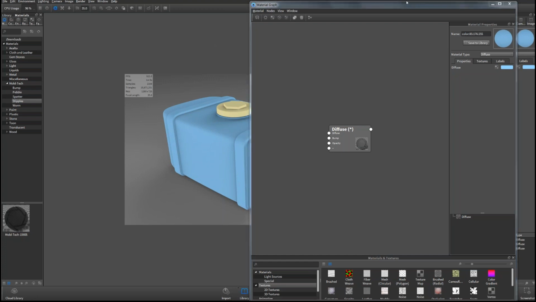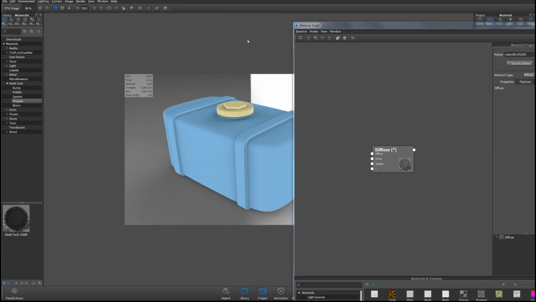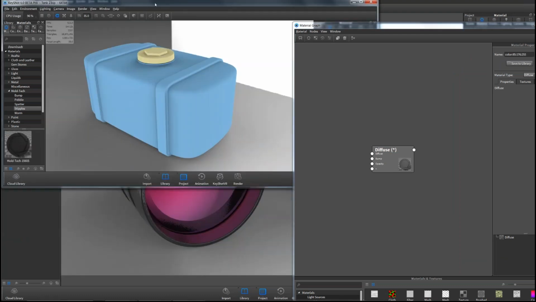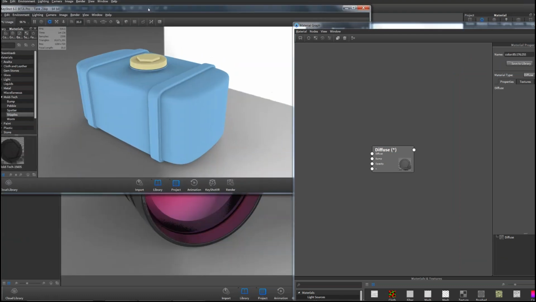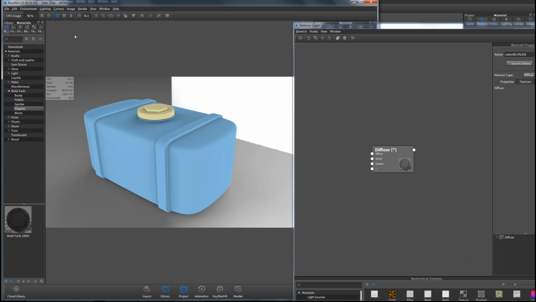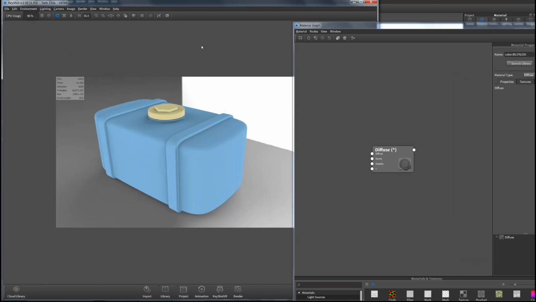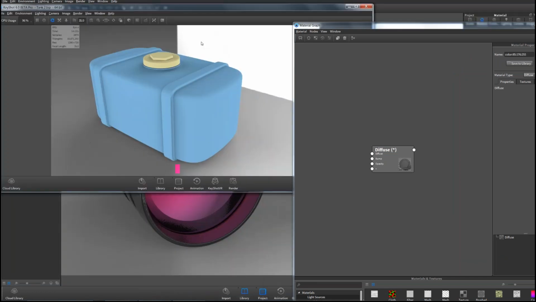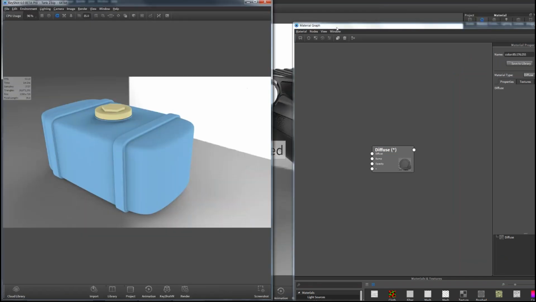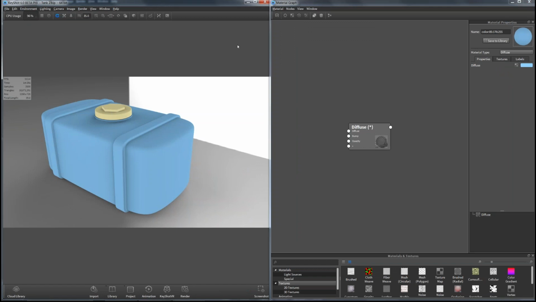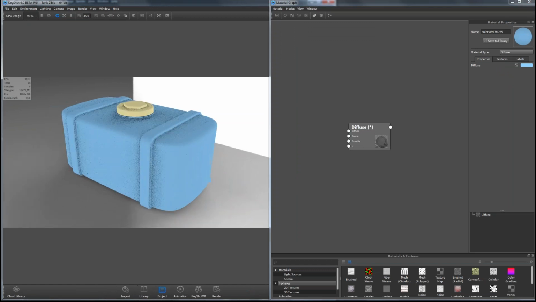Okay, so what I'm going to do here is get out of full screen mode, hit F to get out of full screen mode, and put my main window, my real-time view, here on the left-hand side. Because what I want to do is position these so that I've got these two windows side by side, something like this. I double-clicked on this material, and I'm working with the material graph on the right-hand side over here.